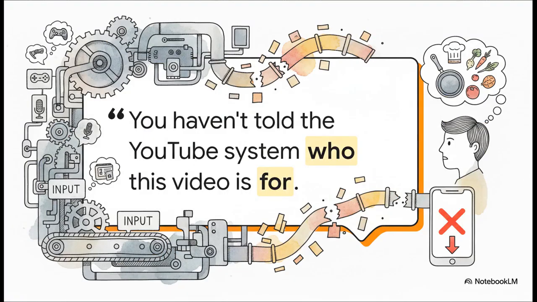And this quote just hits the nail on the head. You gotta think of the algorithm like a super powerful but kinda dumb robot. It only knows what you tell it. If you don't give it clear instructions, keywords, context, signals, it has absolutely no idea who to show your video to. So it might show your awesome gaming video to someone who only watches cooking tutorials. And what happens? They swipe away instantly, your retention dies, and YouTube just stops pushing your video.